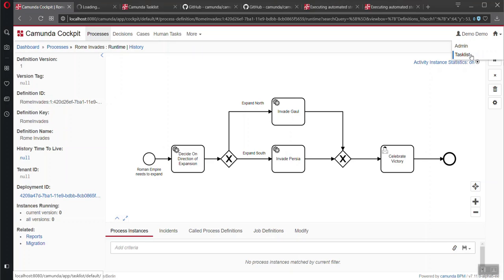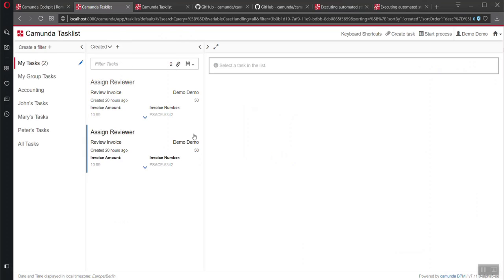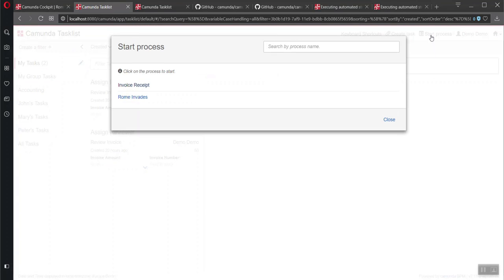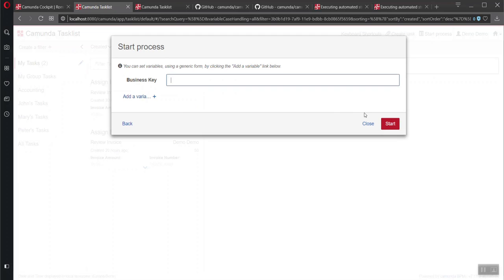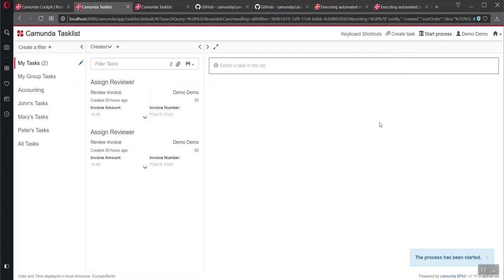This is another front-end application to allow us to start processes via a more end user friendly front end. So while we're here, if I click on start process up here, I'll have my two processes, invoice receipt and Rome invades. If I select Rome invades and then click start, it begins.